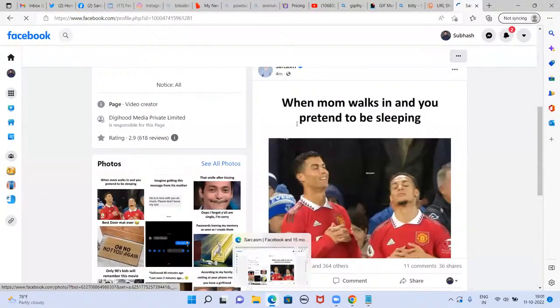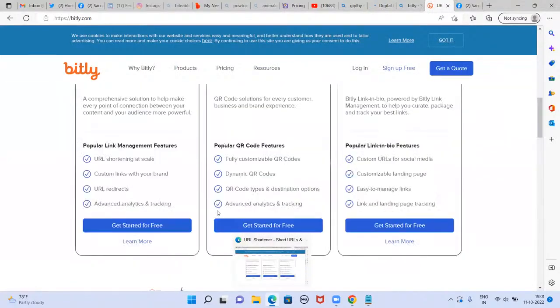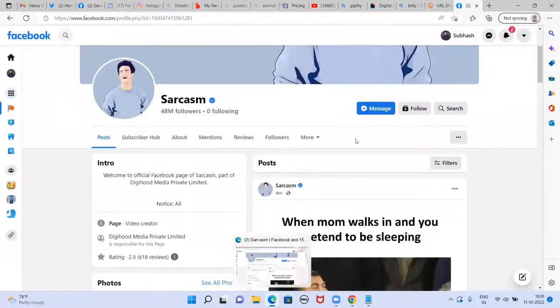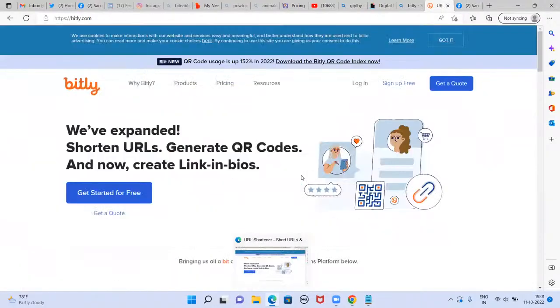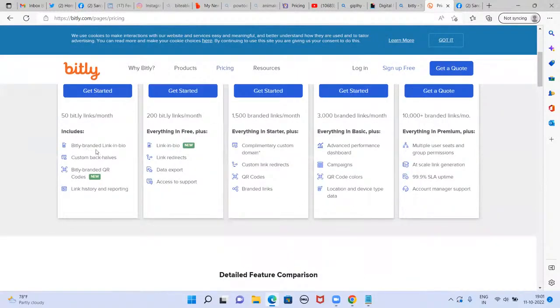And again, Bitly, if you use the paid version, is really good actually. Whenever you share this short link, it will show where you have shared, how many people clicked, whether they engaged or not, and what their age is. In such a way, complete analytics will come on Bitly, which is a really good option. Free of cost, the Bitly branded link will be in the bio, meaning bit.ly will come. But if you go for a paid version,